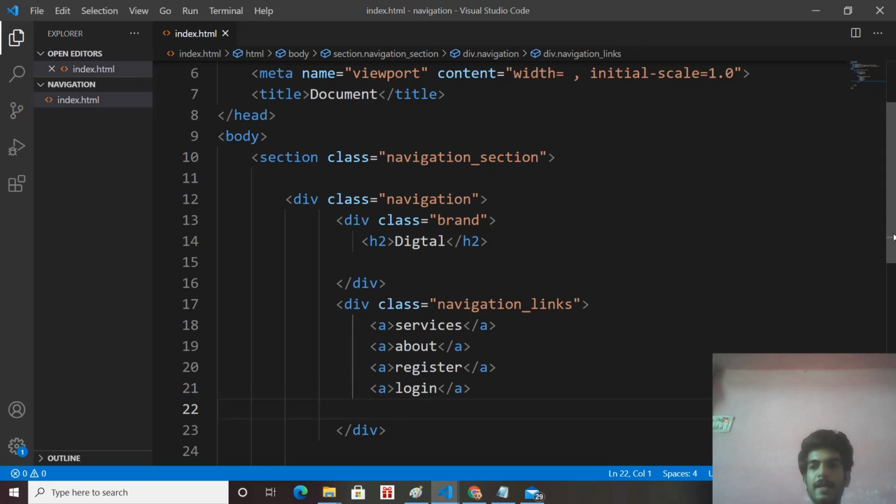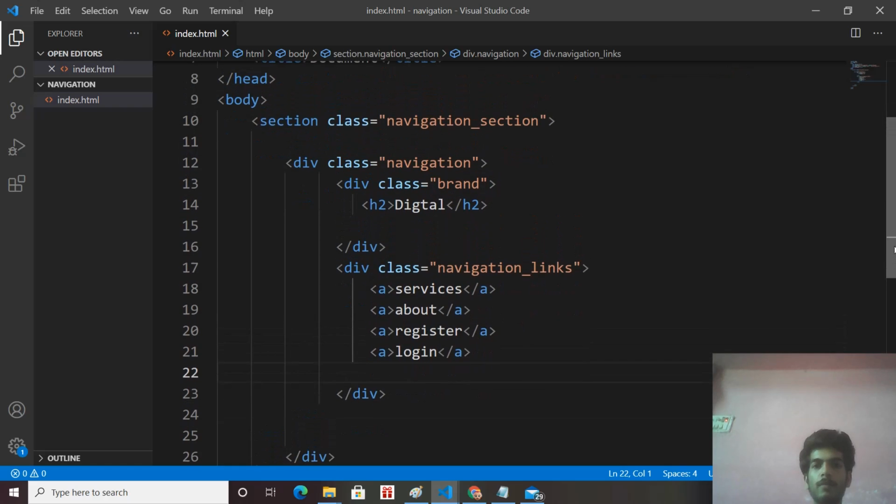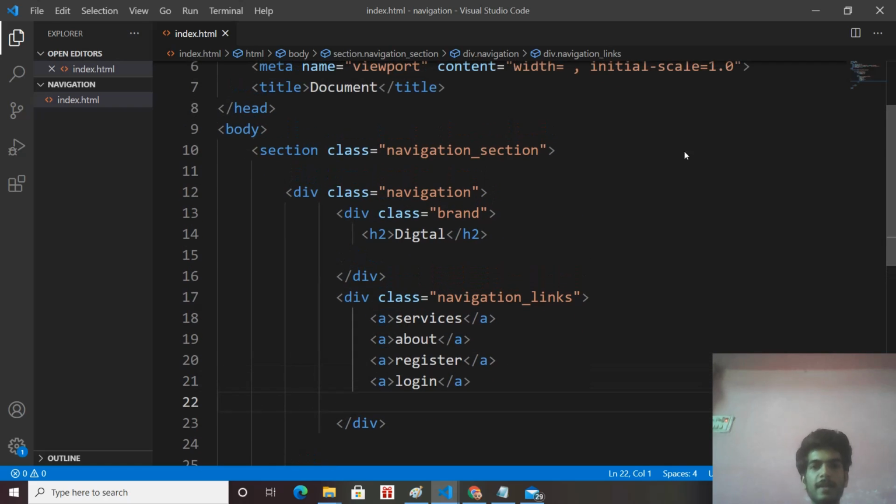Okay, so we have created the HTML, the body of our navigation, in the HTML file.